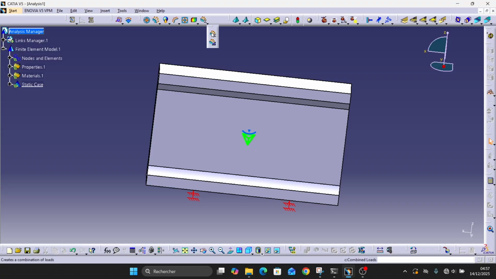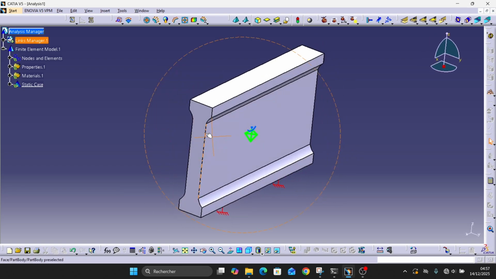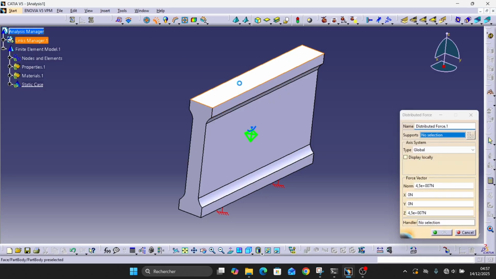And here we have combined loads, and here we can assemble loads. So this is it for what we will learn today. So I will put a distributed force. I will put it here, and let's put, for example,